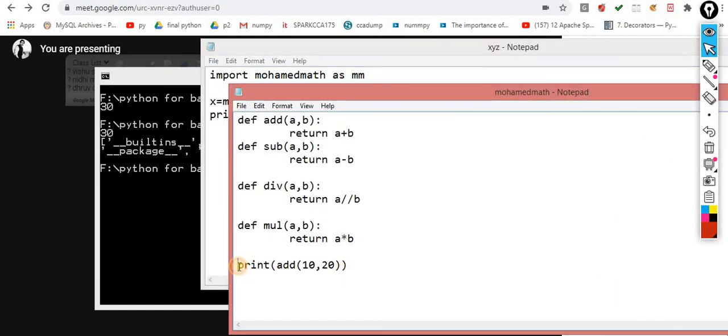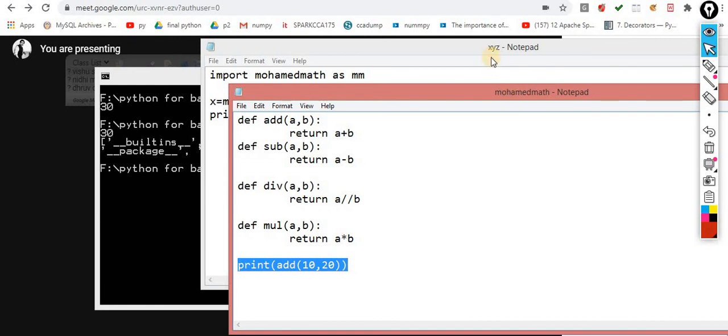Now I am restricting it. I want this print statement to be executed only when I call py space Muhammad math.py.